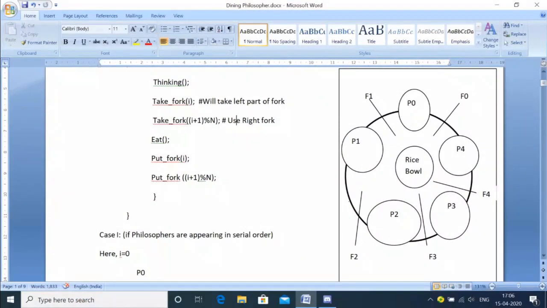As we have said that we are taking this case to be that the philosophers are appearing one after another, not simultaneously. So next, after P0 is done, the next philosopher comes, P1. So here the value of I is incremented. So what will be the new value of I? 1. So again, I have to run the loop, because the loop will be continued until and unless all the processes or the philosophers are available. So here